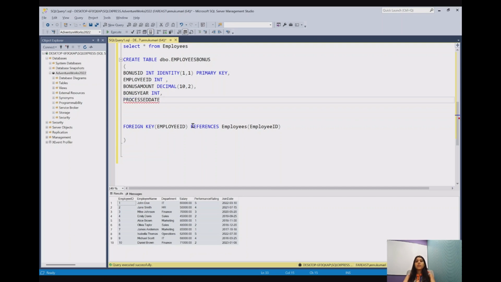date. Now processed date should automatically get the current time when we execute the SQL query to insert any data into this table. So as soon as we execute the insert query, it should get the same time and store it in the processed date. So for that, we will create a default constraint. So first of all, let me give it a datetime data type, and then we need a default value for this,